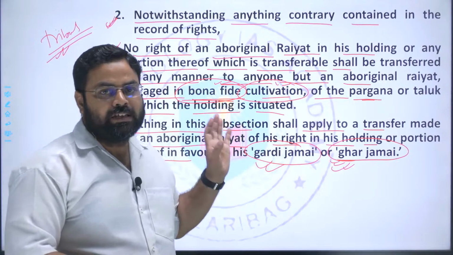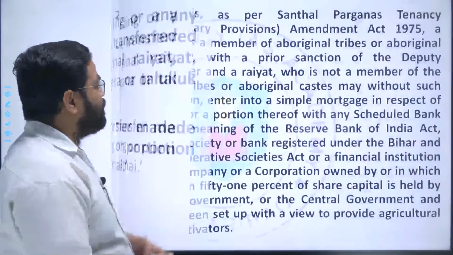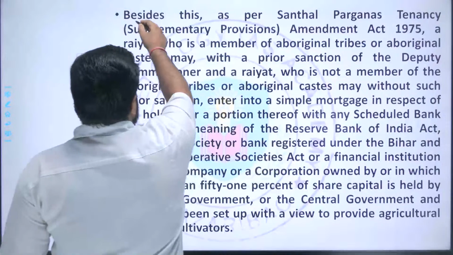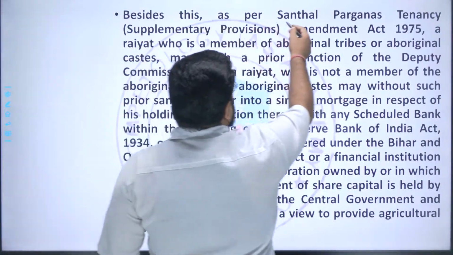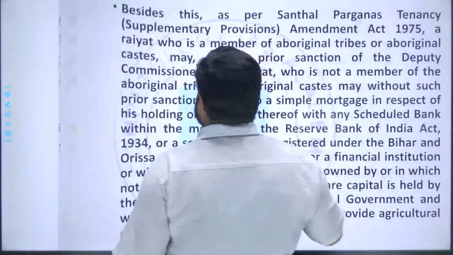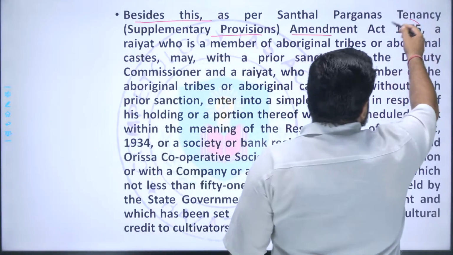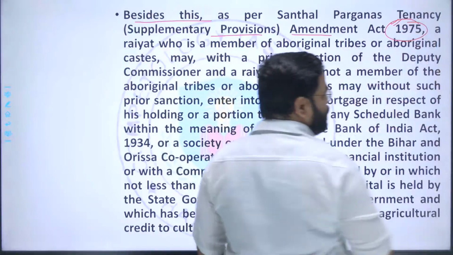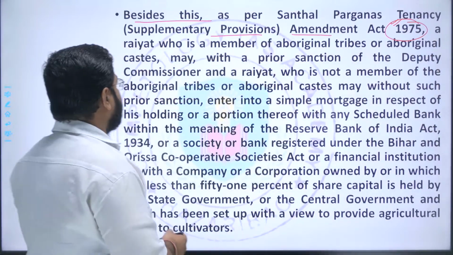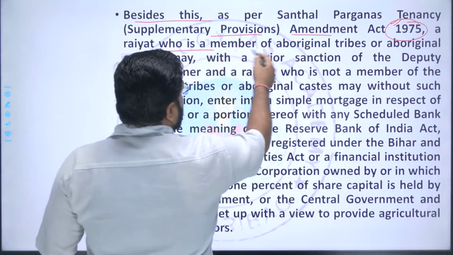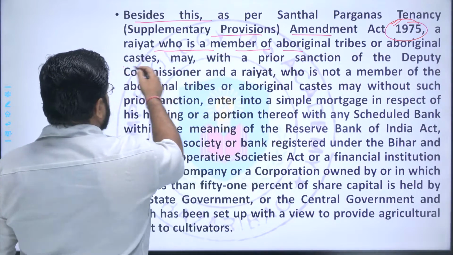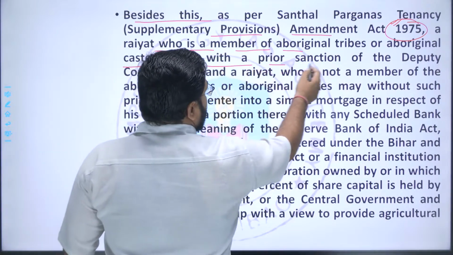He will get the land transferred to his name by itself. Next, besides this, as per the Santhal Pargana Tenancy (Supplementary Provisions) Amendment Act 1975, this amendment was introduced in 1975. A Rayyat who is a member of an Aboriginal tribe or Aboriginal caste may, with prior sanction of